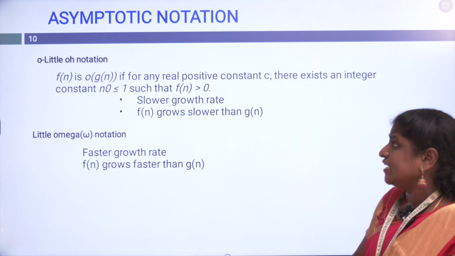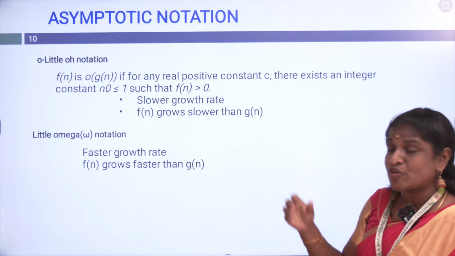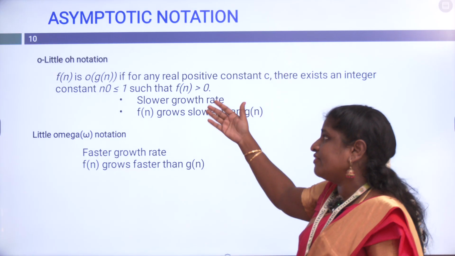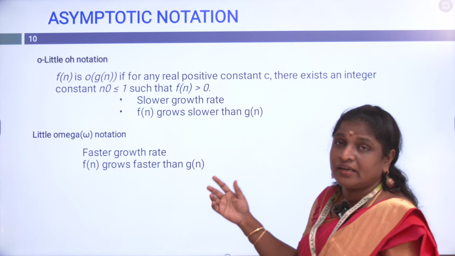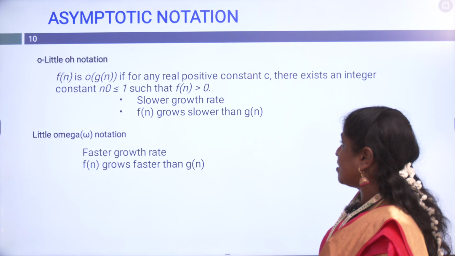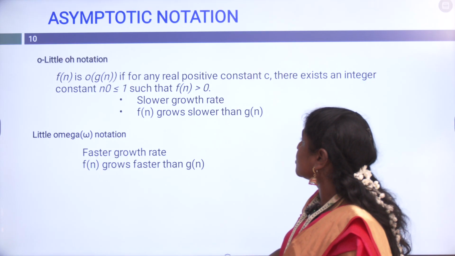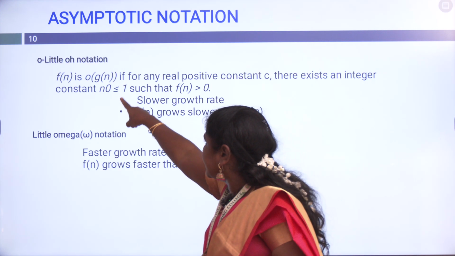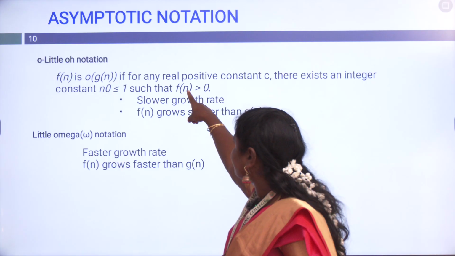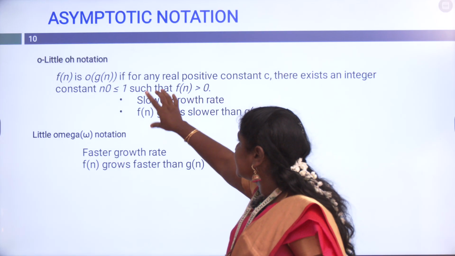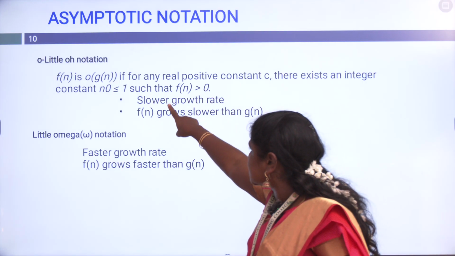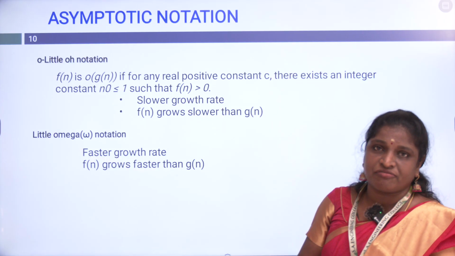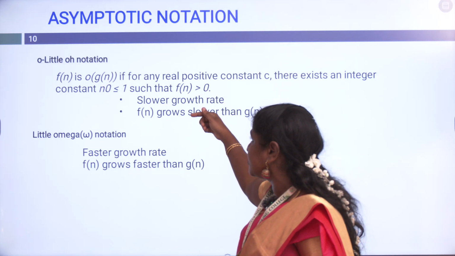And next is little o and little omega notation. It is a rarely used notation, but related to GATE questions, we commonly use this little o and then little omega. So what is little o notation? Here we are going to solve the condition 0 less than or equal to f of n less than c g of n. The main part is that it slows the growth rate, that is, f of n grows slower than g of n. So we have to keep in mind this keyword while